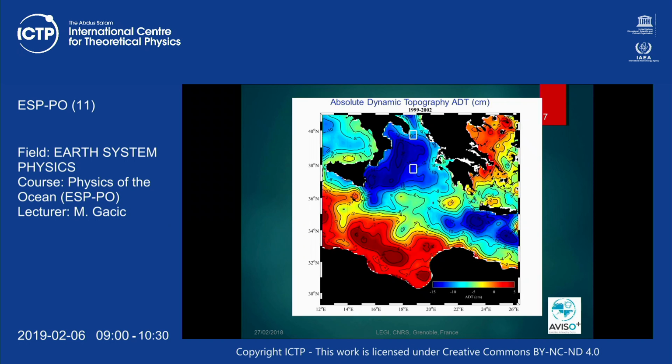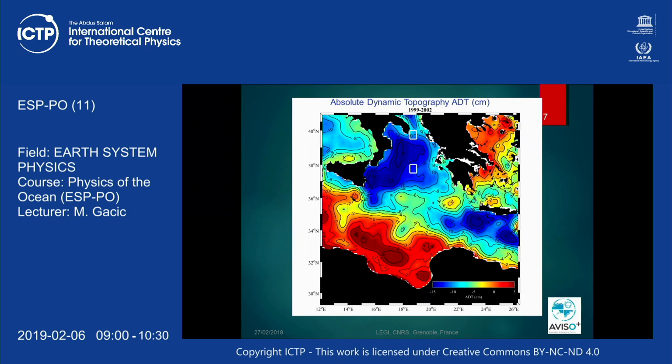So the pressure gradient is from here to here, and the flow is westward. Okay, so it's a very simple parameter which tells you immediately what kind of circulation you have by looking simply at these 2 points and making these differences in sea level. So you're simply looking at the east-west component of the geostrophic flow, and